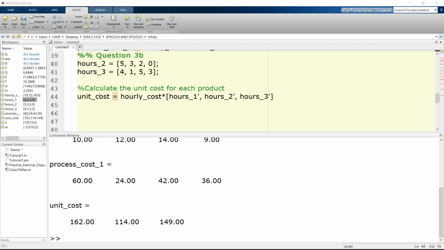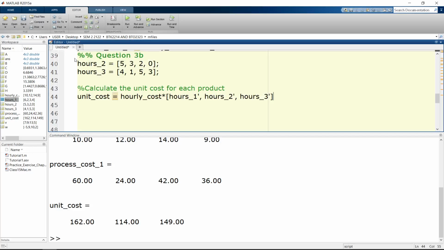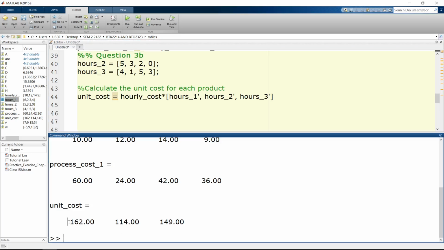So tadi walaupun hours 1 kan, so kalau kita nak buat multiplication between two vectors, okay, kita nak make sure size dia sama. Okay, sekarang ni kalau buat macam ni, row dengan row, kita hanya boleh buat multiplication between element by element. Okay, tapi right now apa yang saya nak lakukan adalah kita nak calculate the whole, kita nak ada jawapan dia